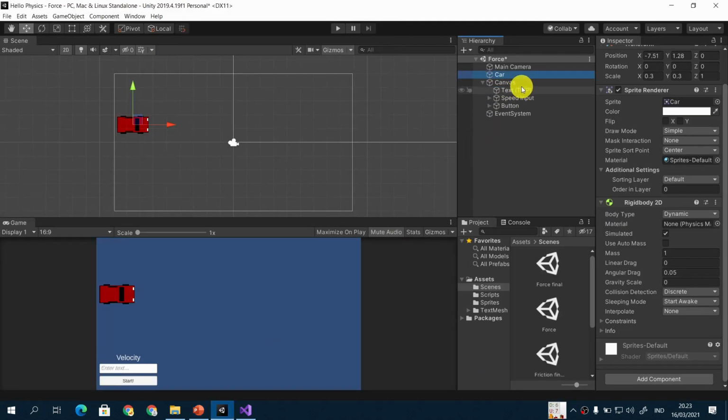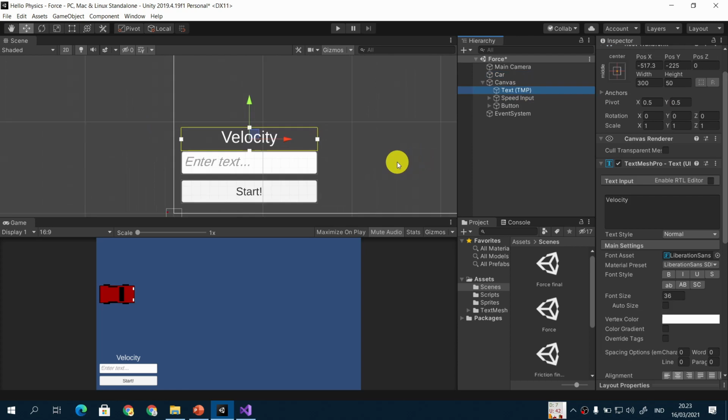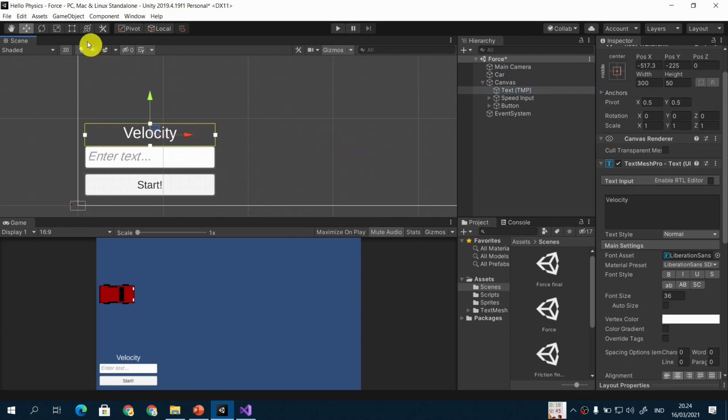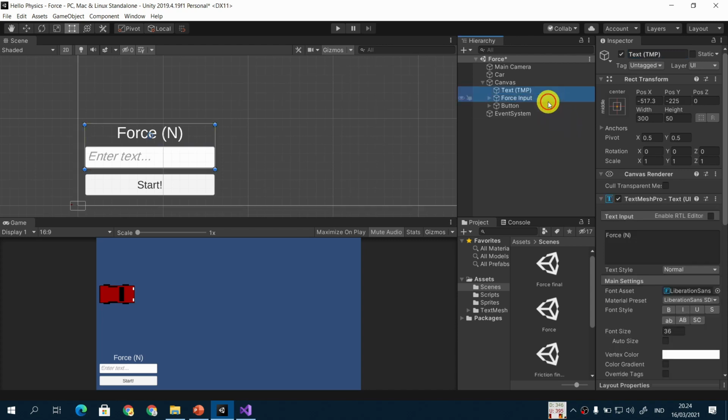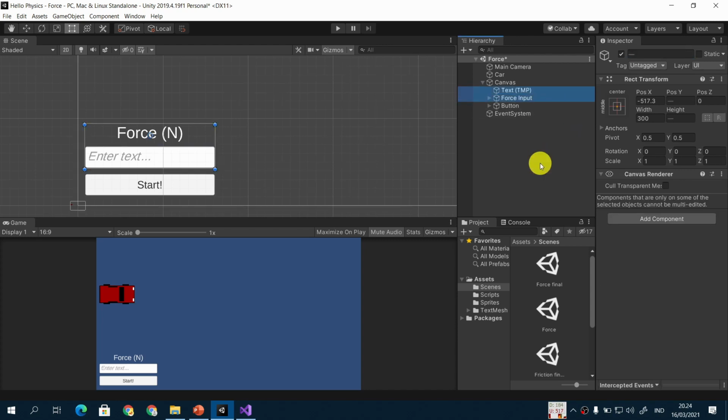I will open my canvas. Let's focus on the user interface first, and let's reuse this velocity text and input. I will just simply change the text from velocity to force in Newton, and then I will also rename this to not speed input but force input. And then let's duplicate this too, Control D,